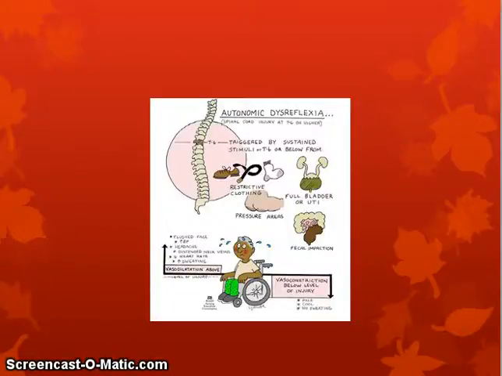So this is just an infographic about autonomic dysreflexia. Above the level of the injury, you'll see them having sweating. Alright, they'll be flushed. Below the level, they're going to have vasoconstriction and their extremities will be cool and dry, right? They can be triggered by really anything that's considered annoying, even mildly. So for instance, their shoes are on too tight, their belt's too tight, right? They have a pressure ulcer somewhere, their